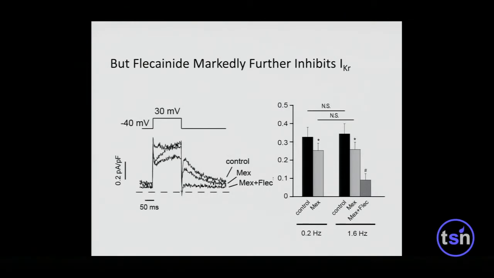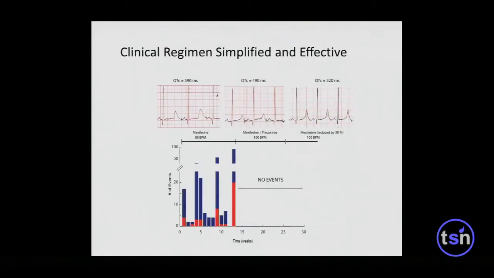It would be good at blocking late sodium current, which is the long QT signature form of sodium channel dysfunction causing the disease. Increase heart rate with the implantable ICD. And our prediction was that that would be a better way of controlling arrhythmias in the patient. And when that approach was taken, we looked at the pre-change in clinical regimen data for the child, where these are the number of events that were recorded by the device that was implanted. And we found that we were able to control much more dramatically, much more effectively, exactly as we predicted from the iPS cells,